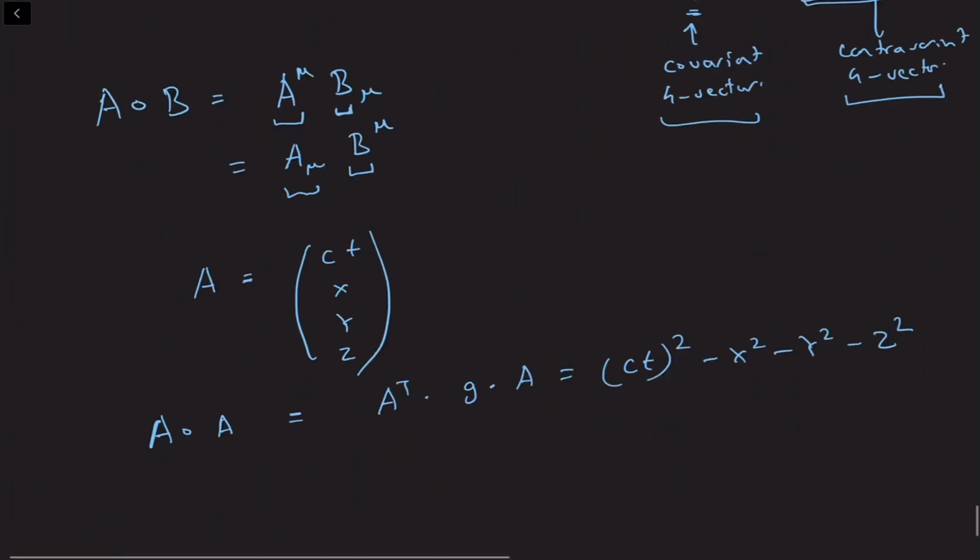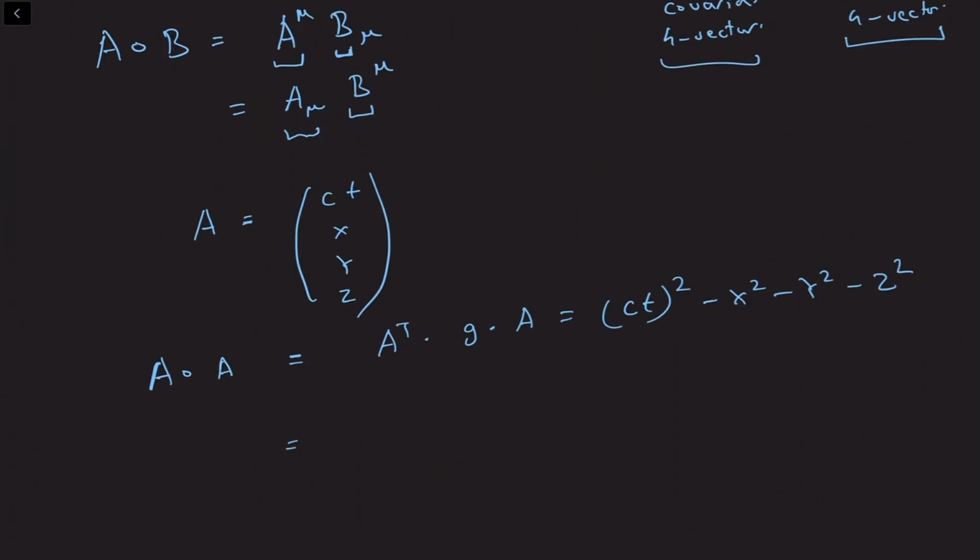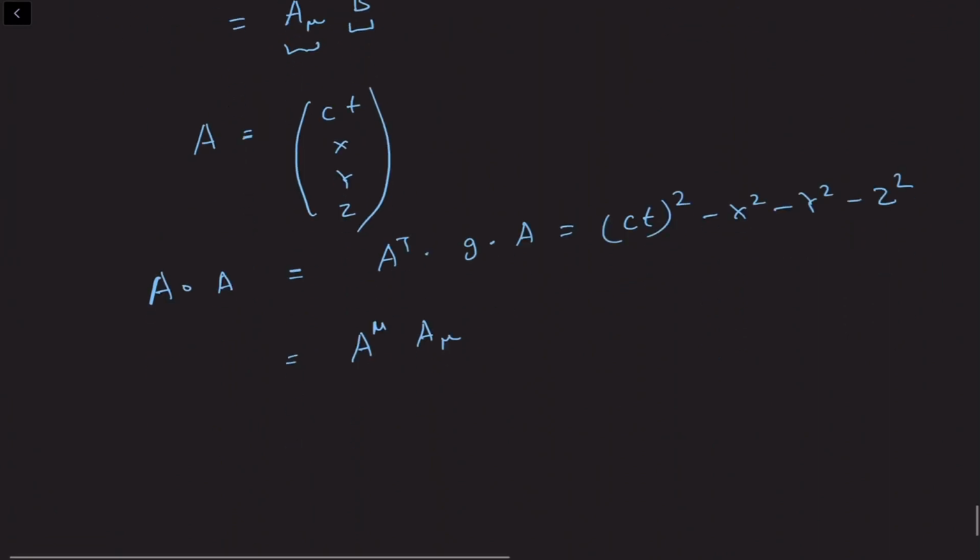This is the space-time interval. But you could have also written this in terms of A mu, where A mu upper is CT. I can think of it as this column vector, and A mu lower I can think of as,